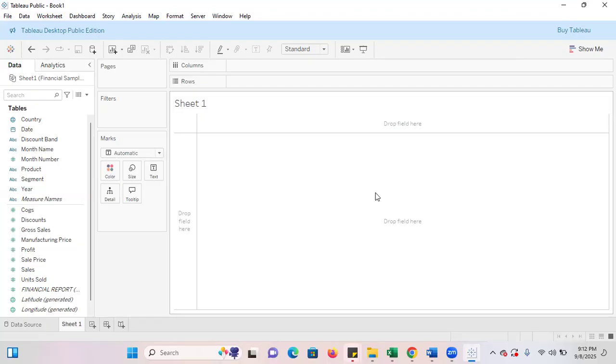Let's start making our visuals now, starting with the KPIs. Now, for Tableau, you also have your DAX functions. You remember DAX in Power BI, right? Yes, sir. So you also have DAX in Tableau. So we are going to calculate using DAX and also using the normal drag and drop like we were doing in Excel and in Power BI. So let's